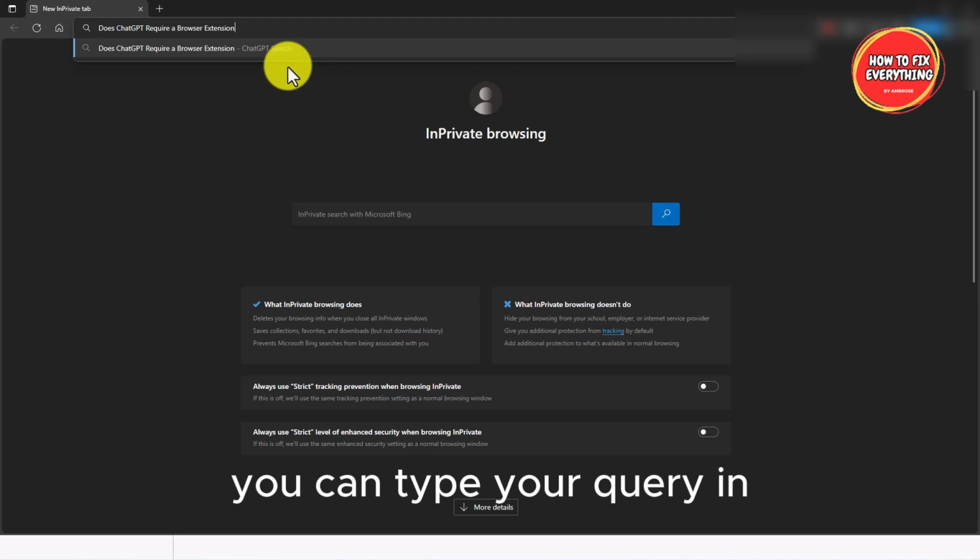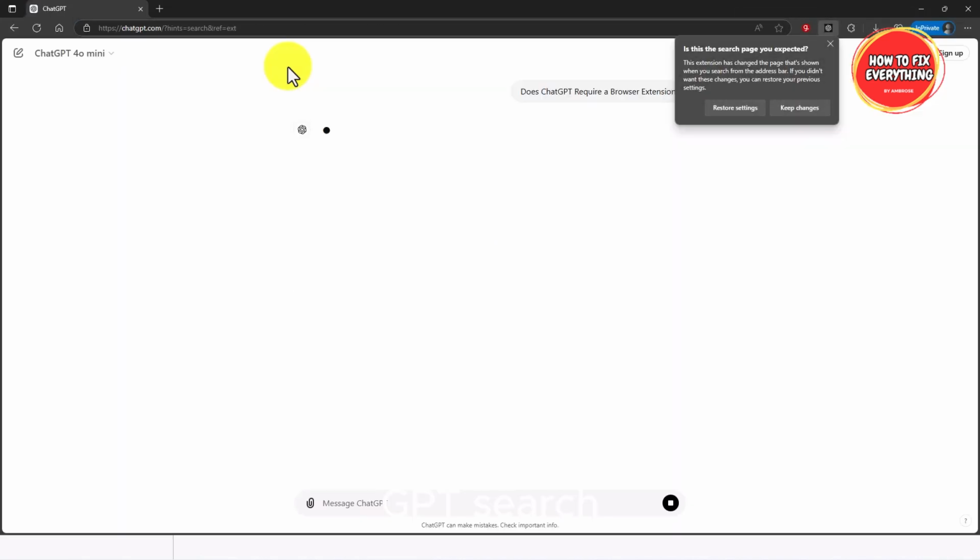You can type your query in, and when you type in the address bar, your address bar will send you